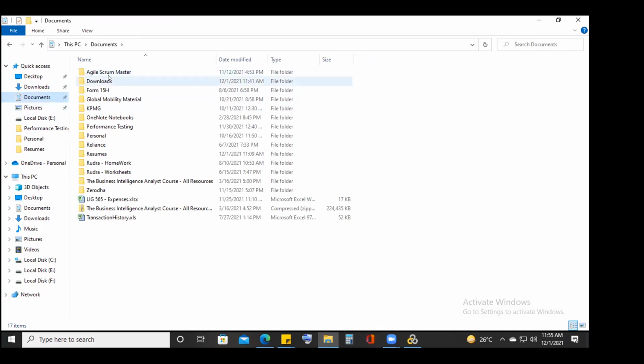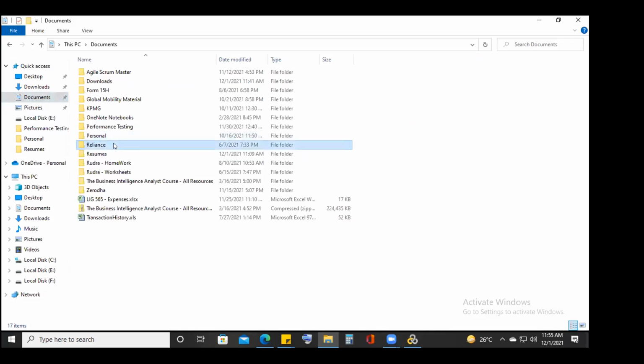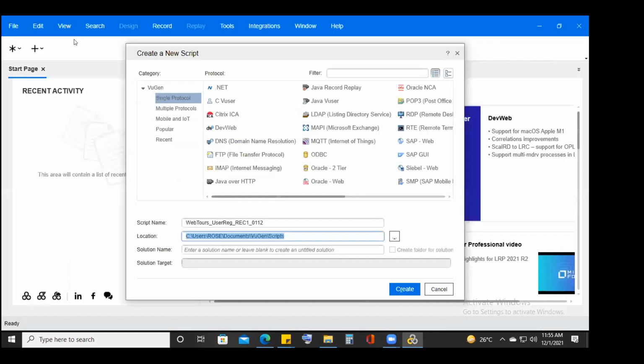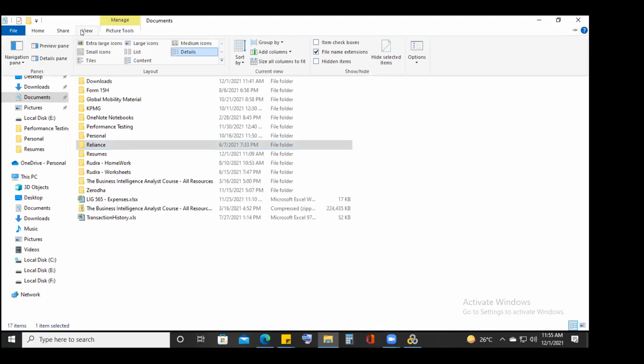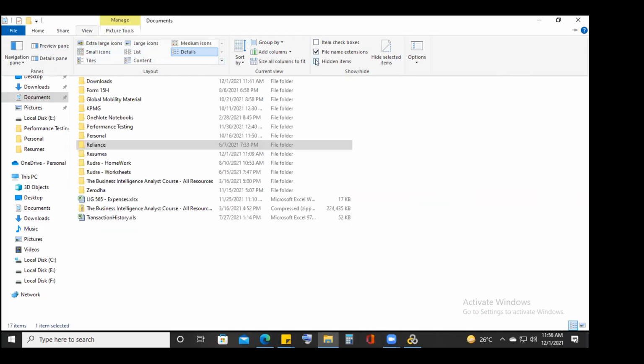You should have a folder called VuGen in Documents. Okay, it is there in Users. Go to View once. Hidden items. Select that hidden items here.